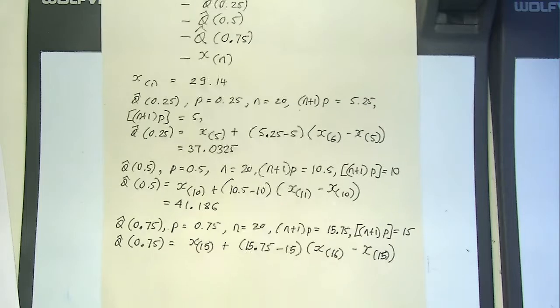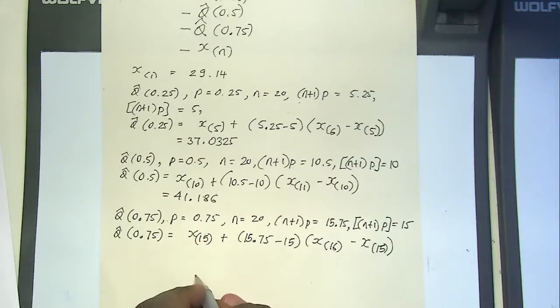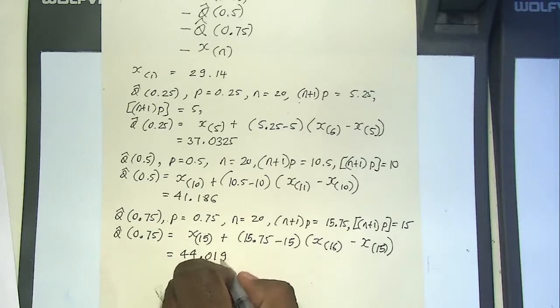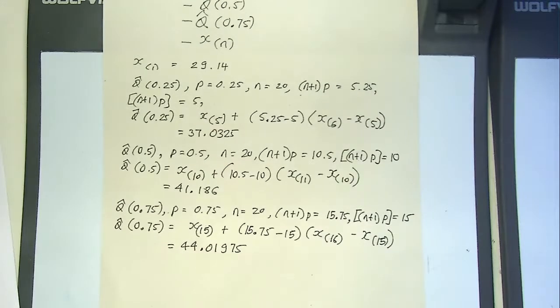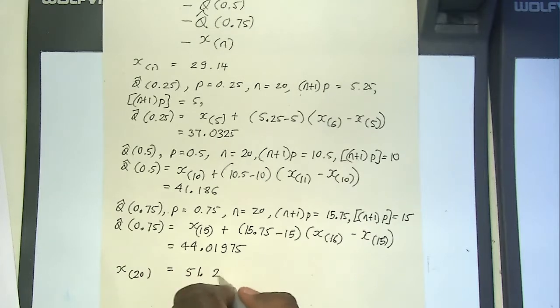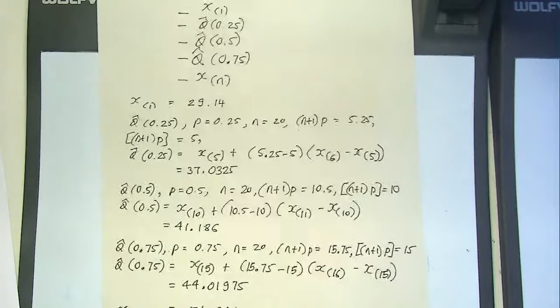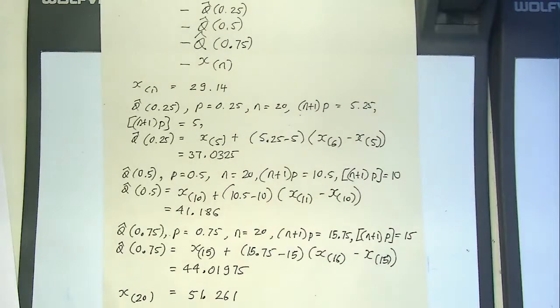Okay, and if you work this out, guys, you will get the answer 44.01975. Right, and finally the largest data point is 51.261. So these are the 5-number summaries. The 5-number summary is the minimum, first quartile, median, third quartile, and the maximum. Alright, guys, the next thing you're asked to do is to find the